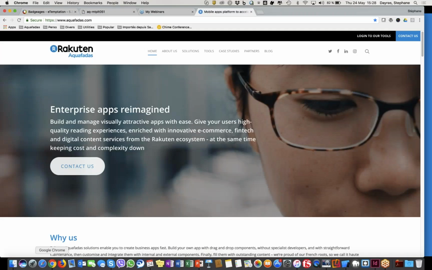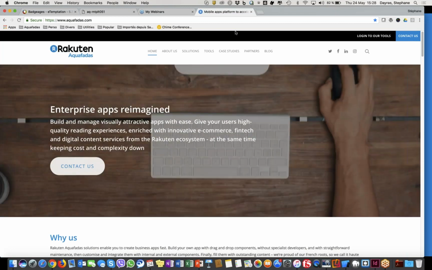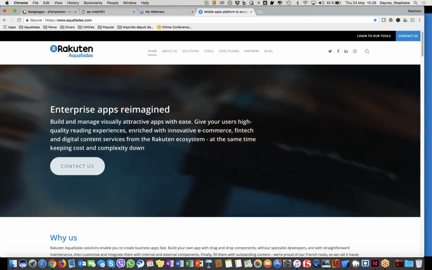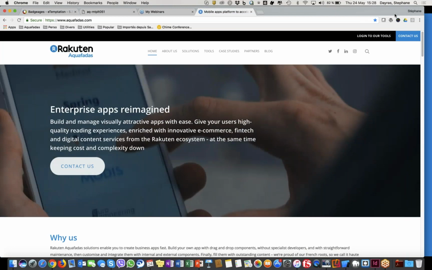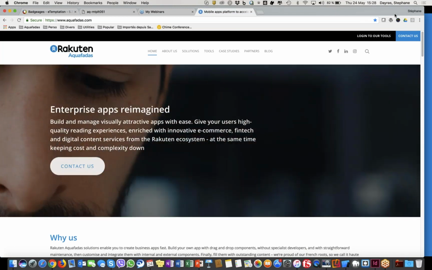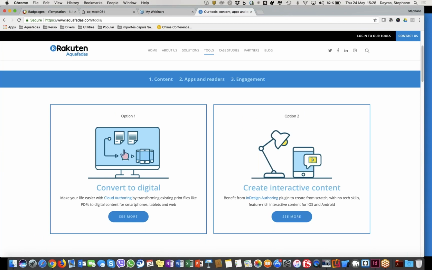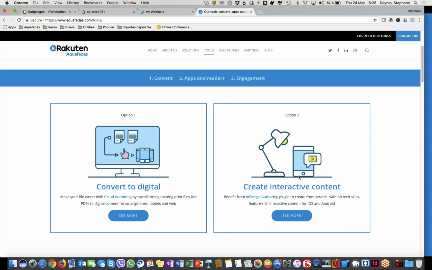Don't hesitate to navigate on our new website. Maybe you have noticed, but we have a new website since April. You can find a lot of information, including in the tools, about the different ways to create content. Remember that the plugin for Adobe InDesign is a way to create very rich, nice professional content for mobile users, but you can also use other ways to create content.